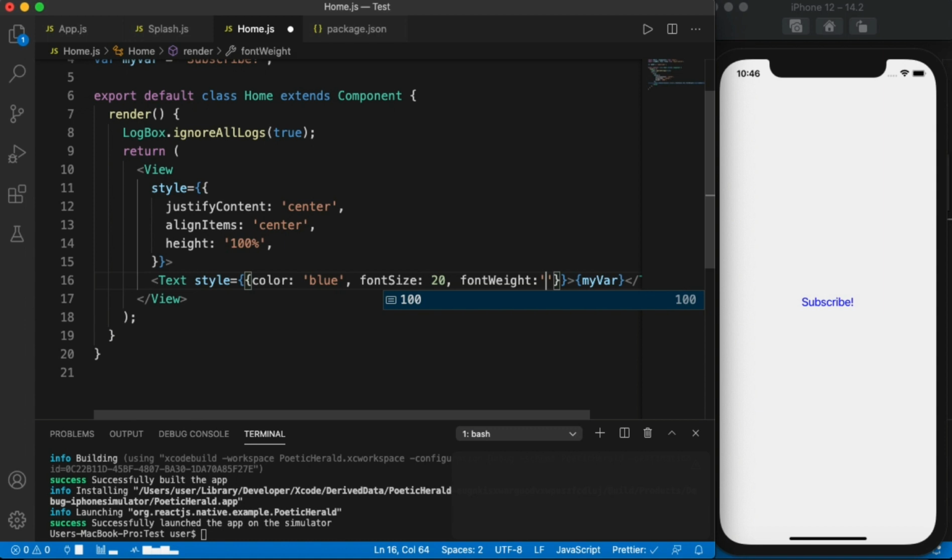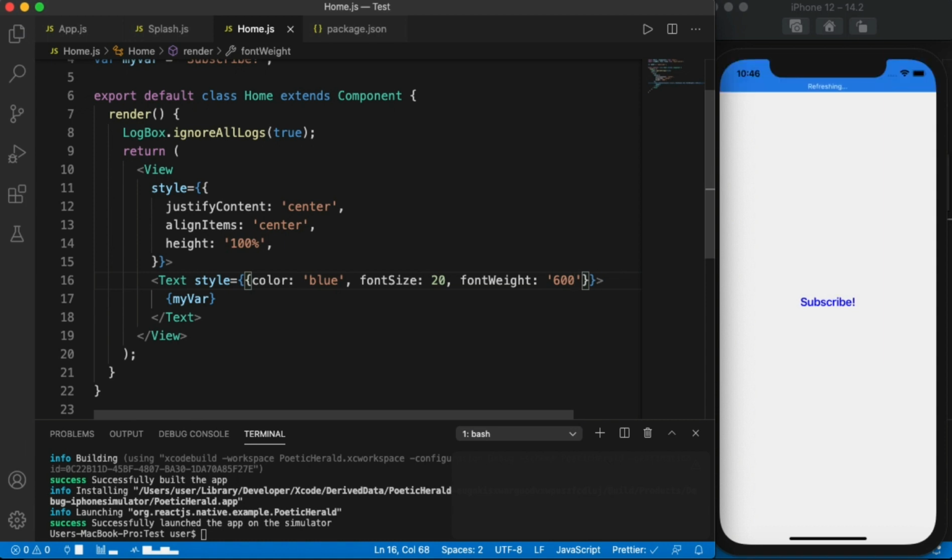Font weight, basically you put values, whether you want it to be normal, to be bold, or how much you want the line or the borderline for the text to be in terms of boldness, right? So 600 makes it a bit bolder, just like that. If you say bold, it makes it really bold and things like that. So you just play